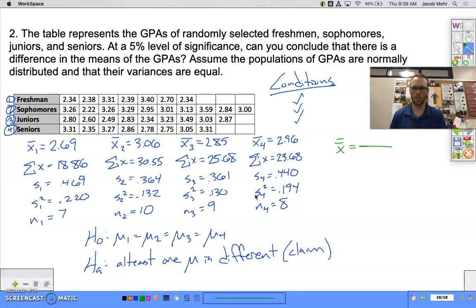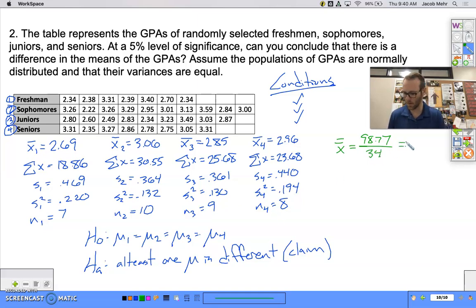So what I'm going to do is take 18.86 plus 30.55 plus 25.68 plus 23.68. Okay, so the sum of all the x's, all the GPAs from everybody in this, is 98.77. Our total sample size here is going to be what,